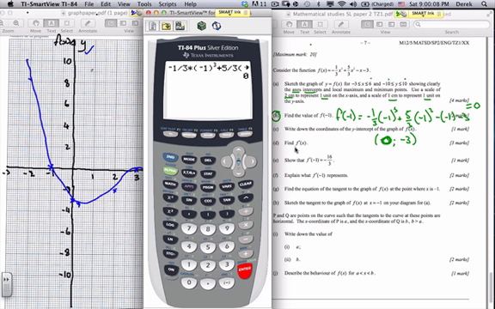Alright, then it says find f'(x). So when we do f'(x), we're going to differentiate this. So we put in f'(x). It's going to be 3 times, let me do it over here, f'(x). You take this 3 and you multiply the 1/3 by the 3, and it actually cancels out that 3, and you'll just be left with minus x, and that's going to be 3 minus 1, which is going to be 2,